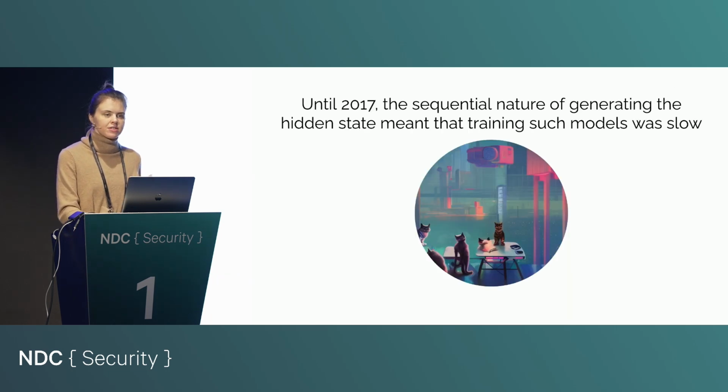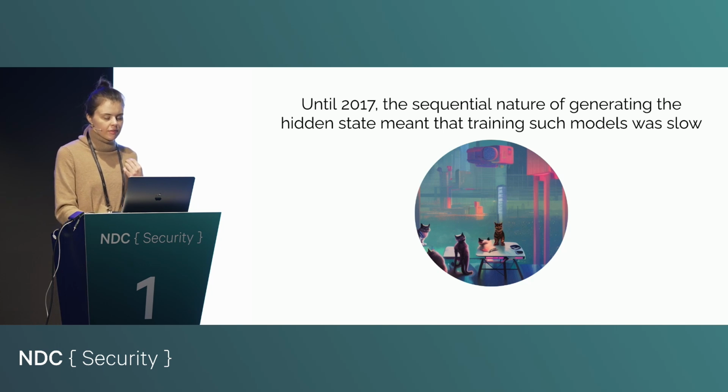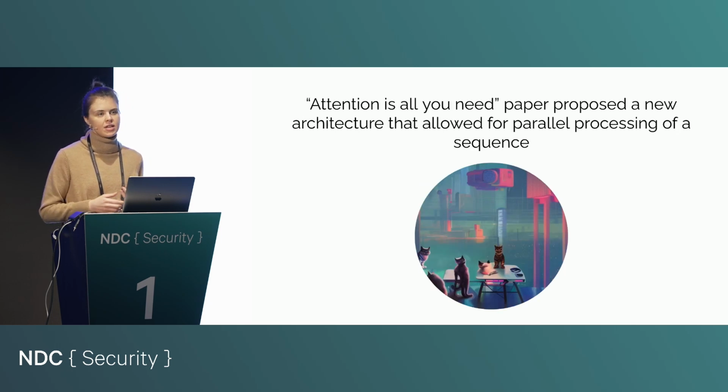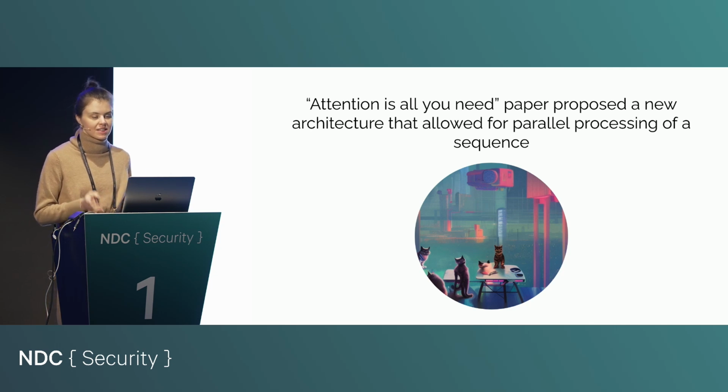Okay, so until 2017, this way of architecting language models and translation models was very inefficient, because if you think back to our process, we have to take each word in the sentence and process it one by one. So you can't really parallelize this very effectively, which means that training these models can be very slow. But then in 2017, a group of researchers published this paper that is now probably the most well-known machine learning paper in this language models field, and it was called Attention is All You Need.